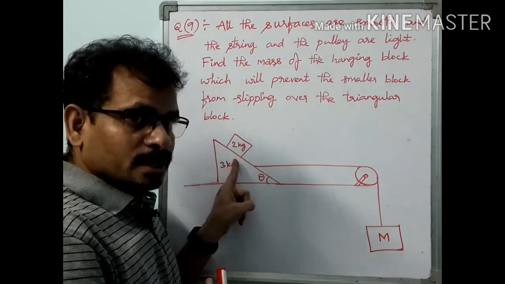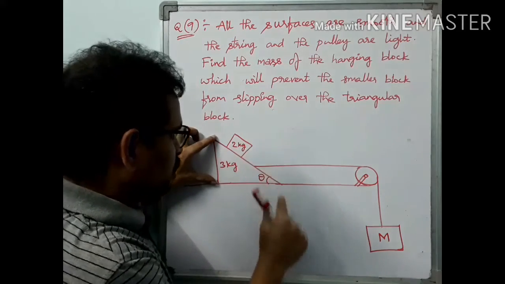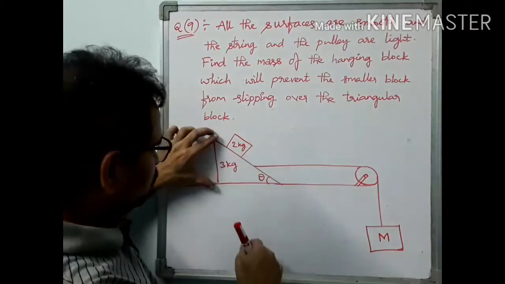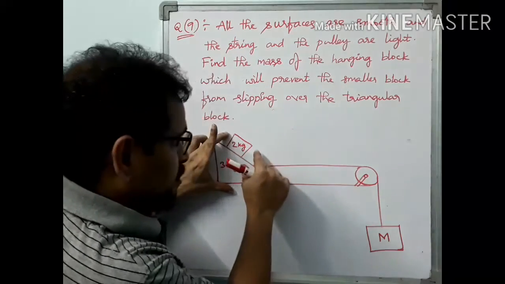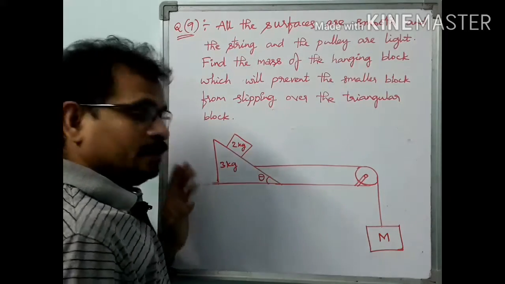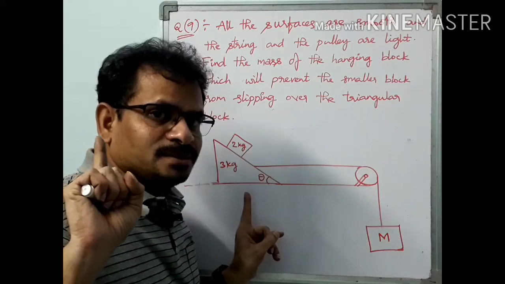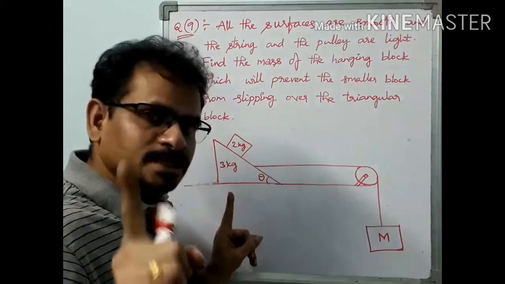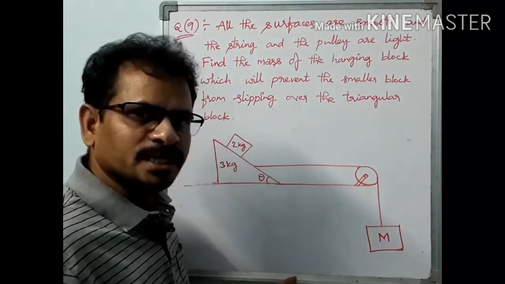To see that this block does not slip down, what do we have to do? If we keep this one like this, it will slip down, no? We have to move this wedge in the rightward direction. If this wedge is moved in the leftward direction, this will slide down. If this wedge is moved in the rightward direction, this can be stopped from sliding down. We got the same type of problem in normal contact force. Check once. If you didn't go through that topic, check once. Same concept here. Other than that, here tension force is involved, everything is the same.